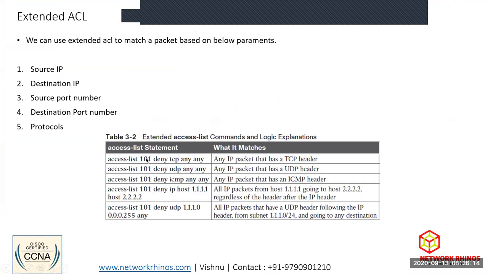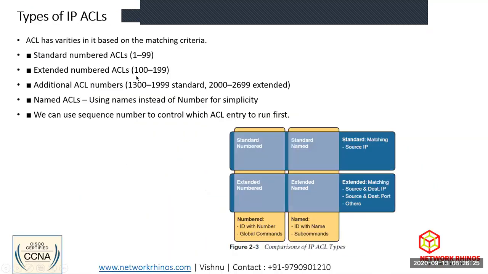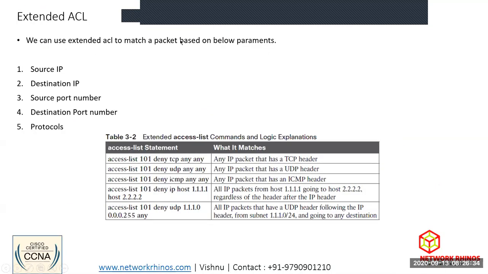So it's going to be a very simple command. Here I have shown you with the use of numbered ACL only, not a named ACL. Any configuration for extended ACL should have a number ranging between 100 to 199 or else 2000 to 2699. That's why here I have used 101. This ACL says access list 101 deny any TCP protocol from any source, any destination. Second ACL says